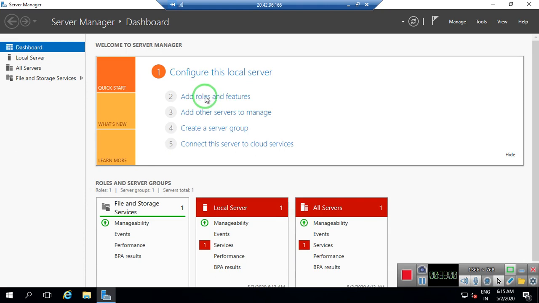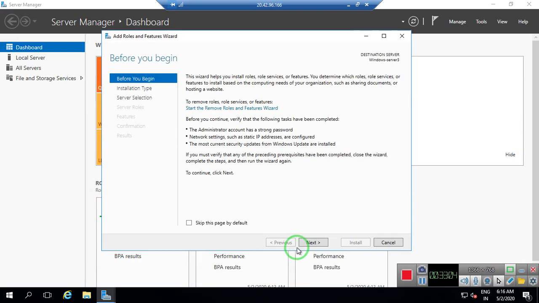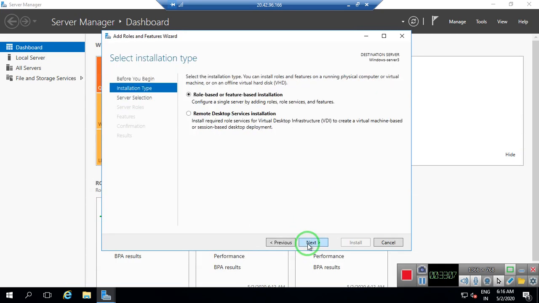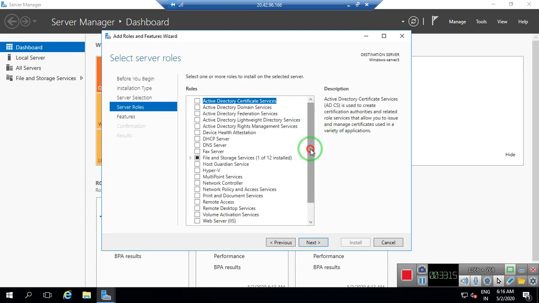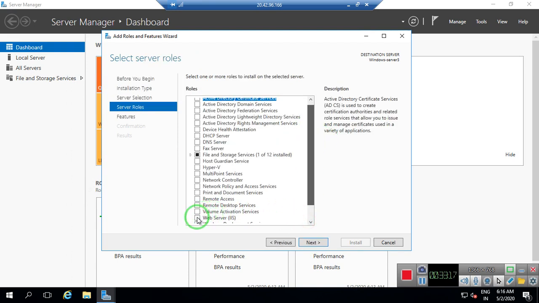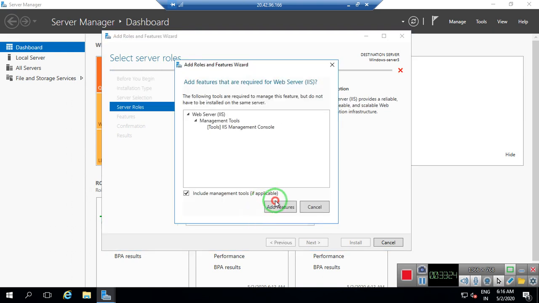So click on add roles and features again. Next, next. Windows Server 3, IP address 10.0.0.6. Choosing over there the service IIS, web server, add features.